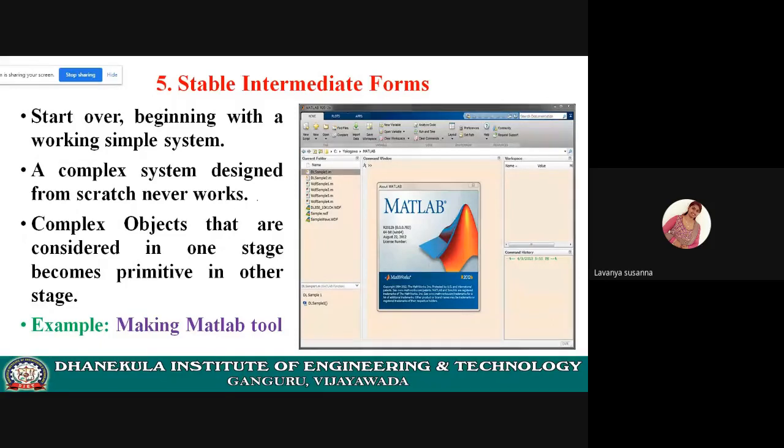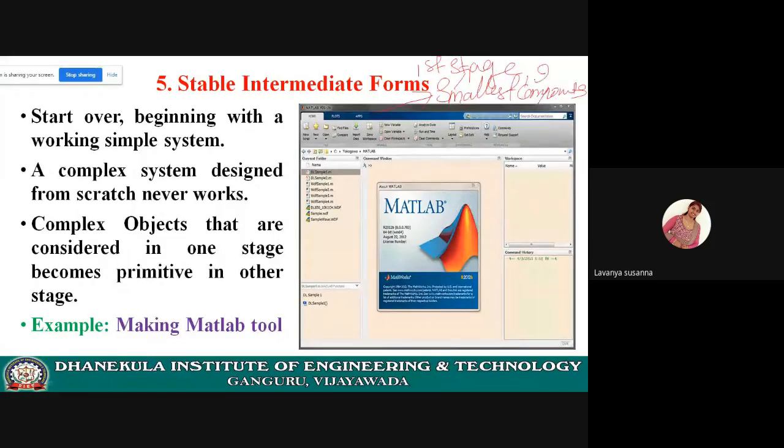First, you must identify what the primitives are. Already I have discussed the primitives, the smallest components. You must identify what the smallest components are. You must design, or develop, the smallest components first. You should not develop the complex components first. First, in the first stage, you must identify the smallest component.